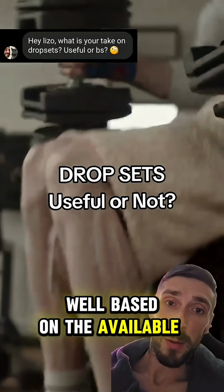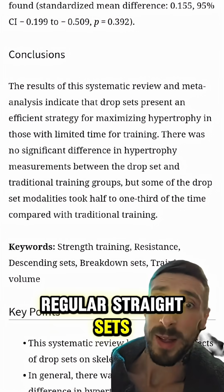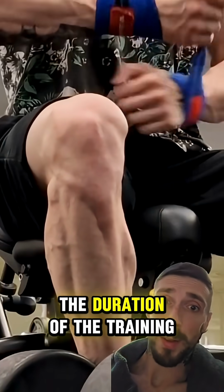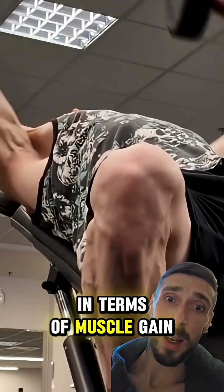Well, based on the available research, drop sets are just as good at stimulating hypertrophy as regular straight sets, but in half the time. They're more time efficient. So if you're short on time and you want to cut down the duration of the training session in half or at least a little bit, while still getting the same results in terms of muscle gain, drop sets are